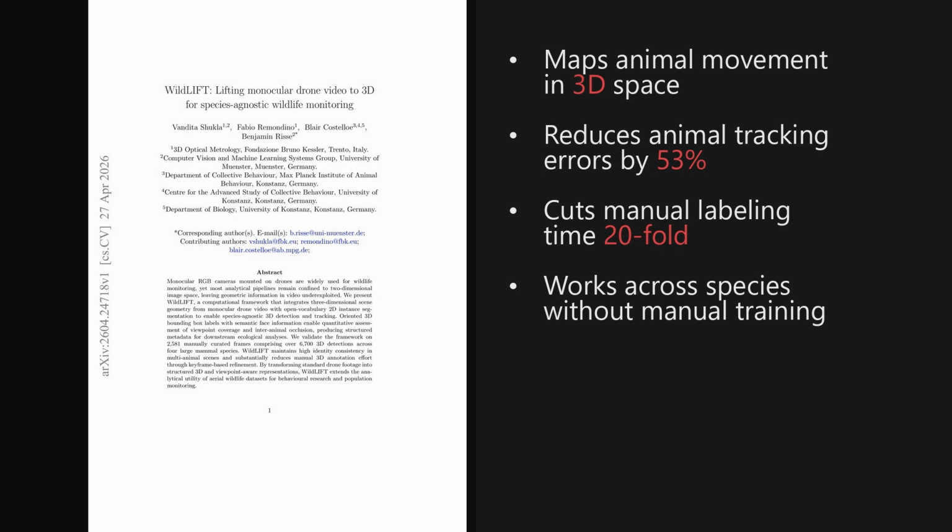Wildlife monitoring is steadily moving from 2D detection toward 3D spatial analysis to handle tricky viewpoint biases, but applying geometric reconstruction to uncalibrated drone video has remained a massive hurdle. This framework bridges that gap, extracting three-dimensional scene geometry from standard drone video to enable species-agnostic 3D tracking. The big hook here is that this setup cuts track fragmentation by 53% compared to top 2D tracking methods. And as we will see in a moment, the massive reduction in manual annotation time is probably the most exciting